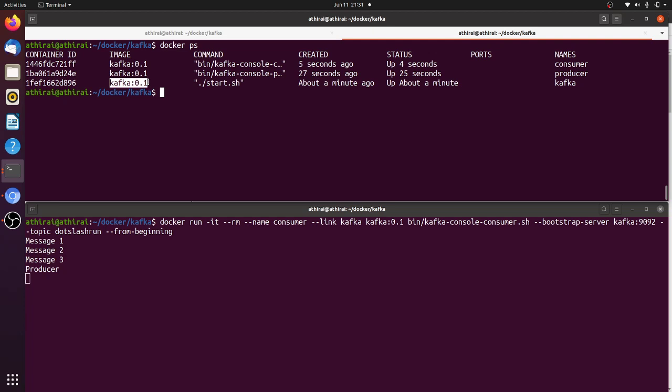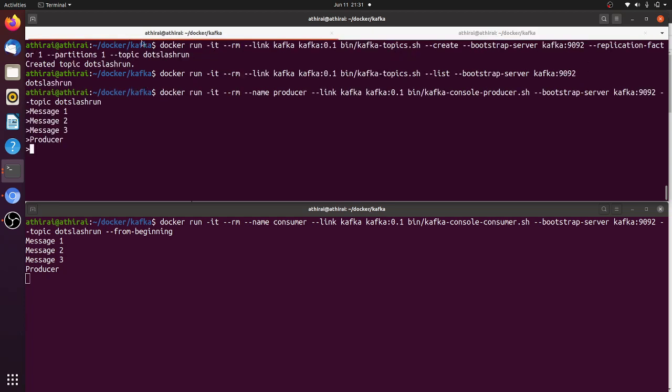Even though there are many Kafka images available, it is very simple to create a Kafka image. If you know how to create this Kafka image, then you can create it as per your project needs and use it in your project. Also, you can download a specific version of Kafka and create your own image. Let's see how to create this image.